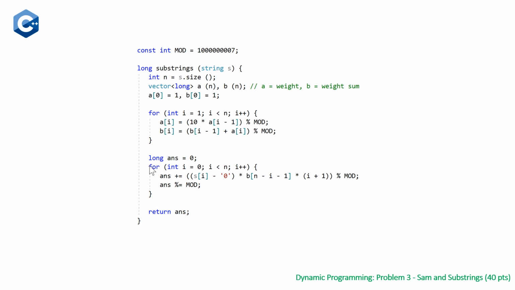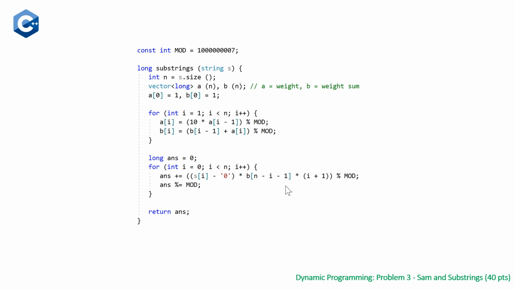So we have our final loop, we initialize our answer to be 0, and we're going to loop through each of the elements or characters in our string, and we're going to do a plus equals to answer. So here we're getting the value of our digit once again by subtracting the character 0. We're picking up the weight, which we're going to get from our vector b, and we're doing this in reverse order. If you remember, we had 1,111, 111, 11, and 1,